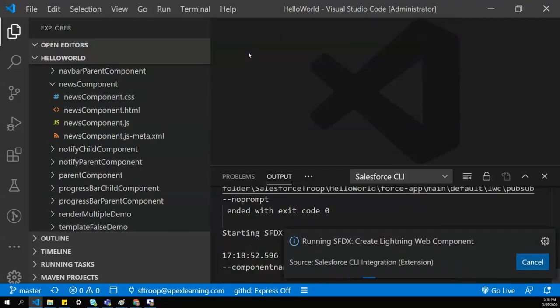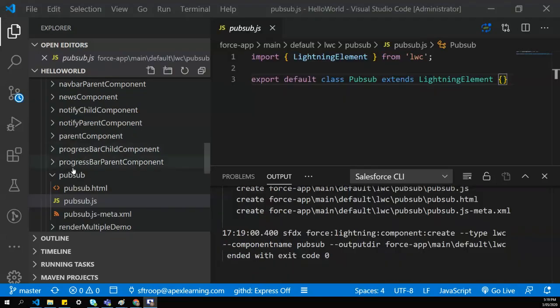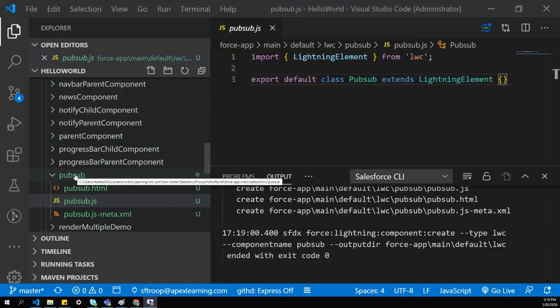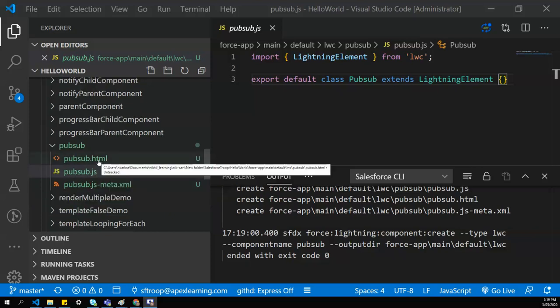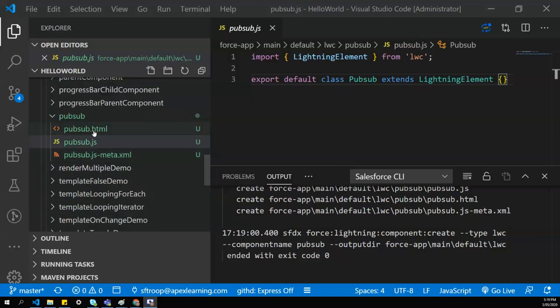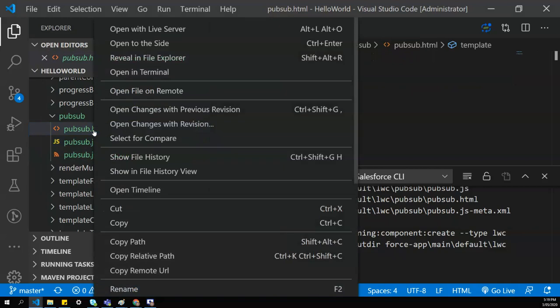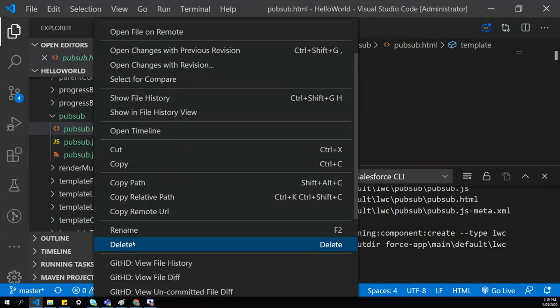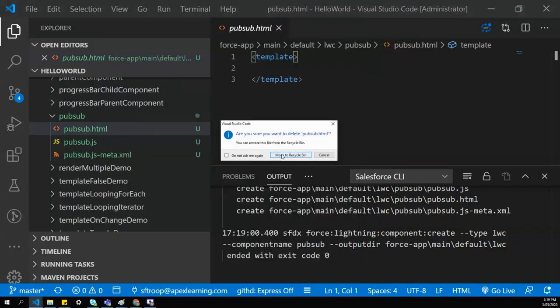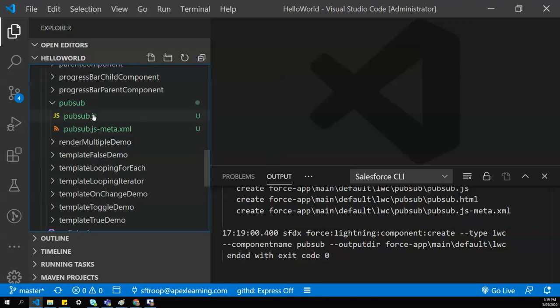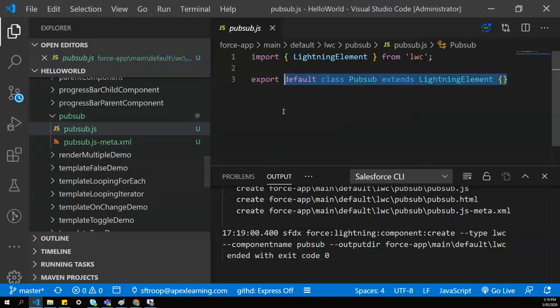Enter, take the default path. Now you can see our component is ready. I want this component to be a service component, so I'm going to remove the HTML file because it's going to be a util file kind of. I'll remove everything from the JS file.